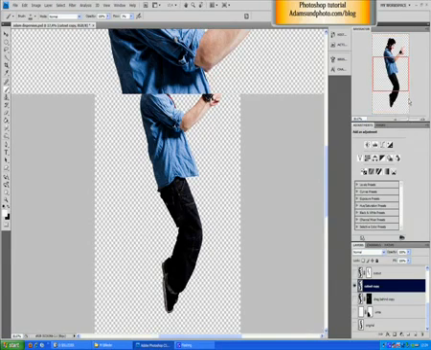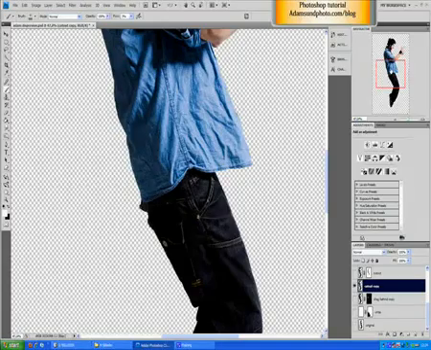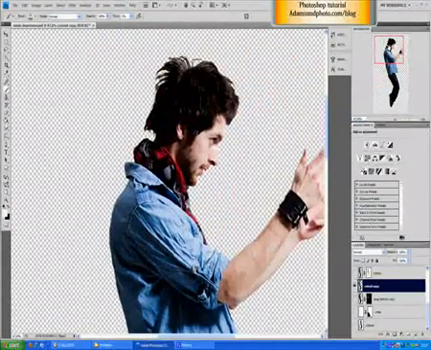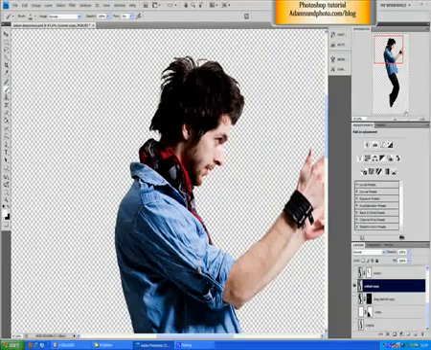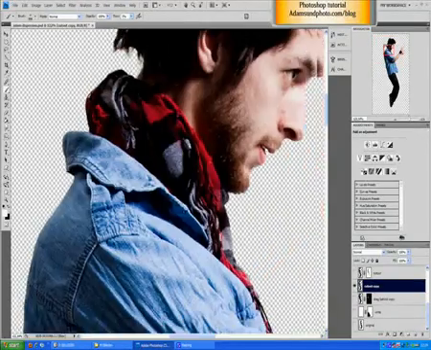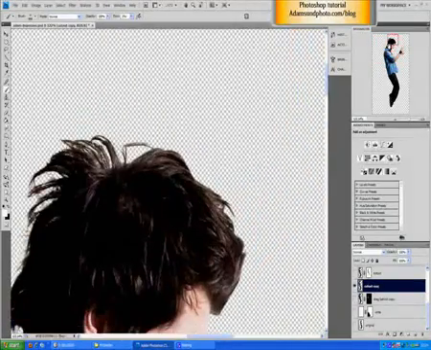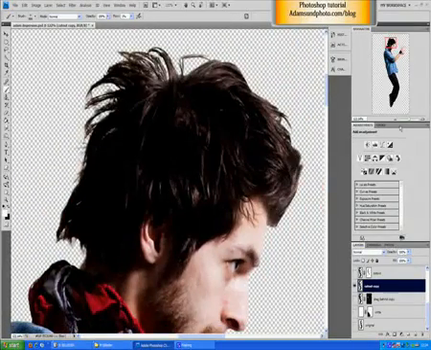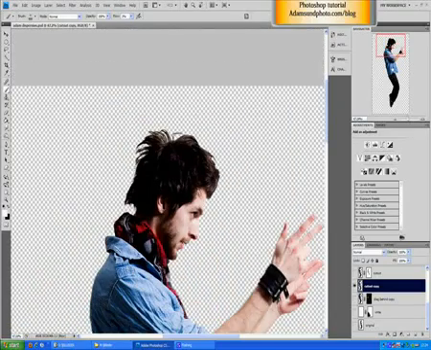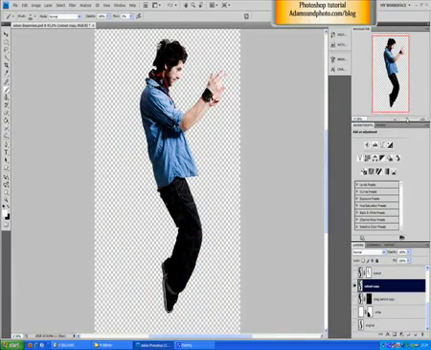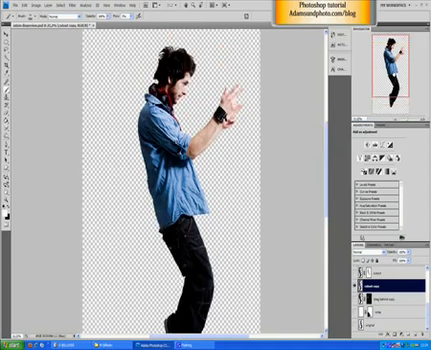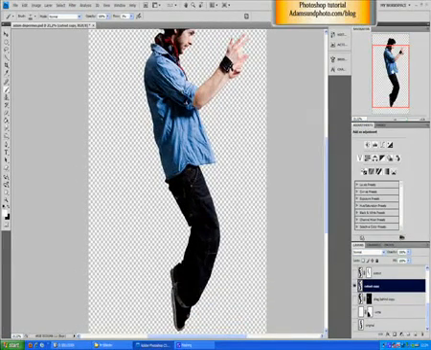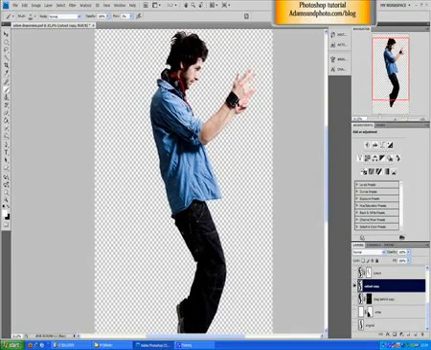Not that good of a cutout actually. Fast one, the hair is okay, but still some errors here and there, as you can see. Right here, I did it with the extraction tool, which is okay for most things except hair. So I did this cutout, and I did another version of myself,